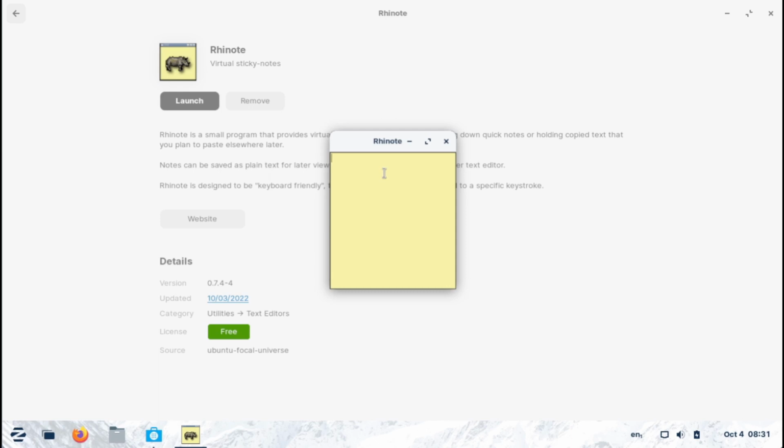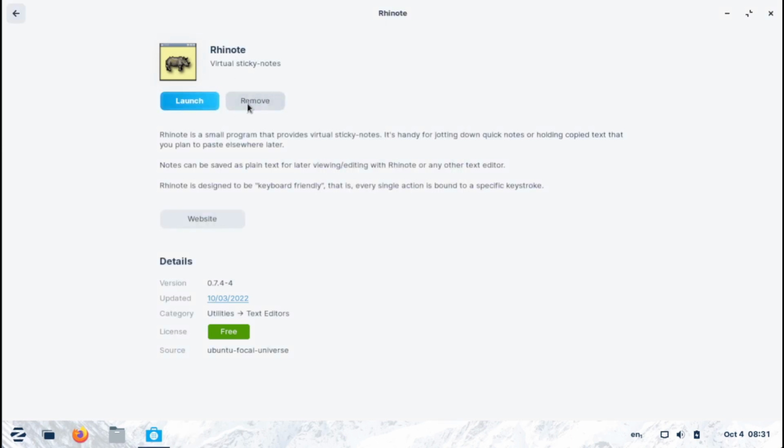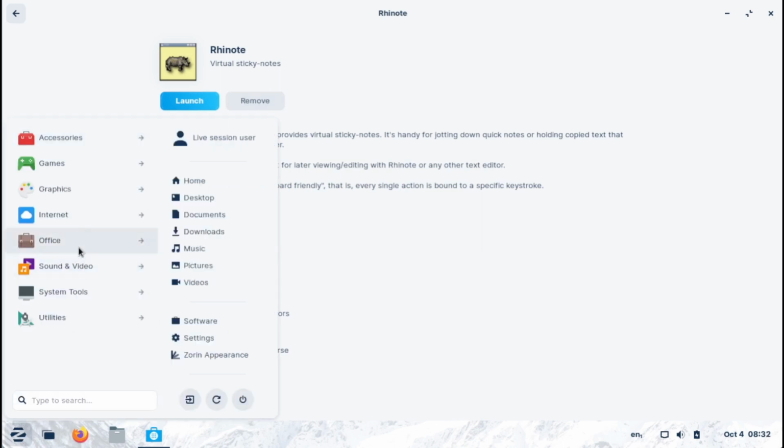I can type something here. If I wanted to remove this software, all I need to do is press this button and the software will be uninstalled. So very easy, super easy to install and remove software. So if you come here and go to accessories, you will see that